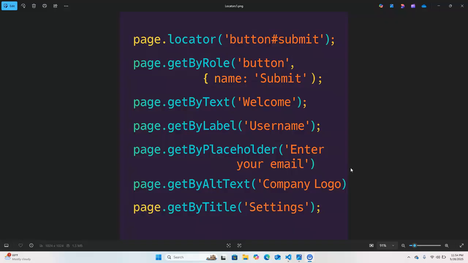First, you can see on the slide page.locator. With the help of locator, we will find the element on the web page, either by ID, name, or CSS selector. The attribute and values we can specify in the round brackets. And second, you can see